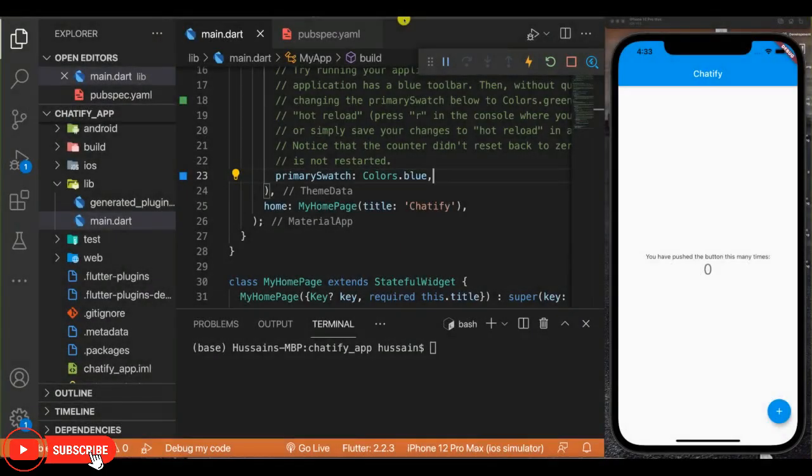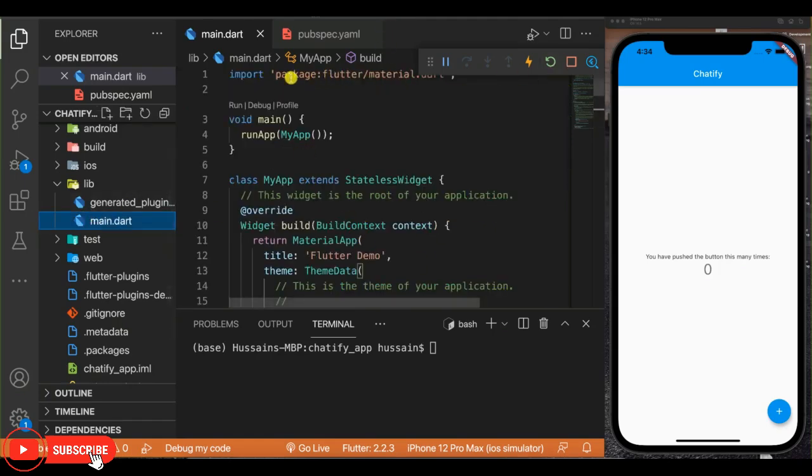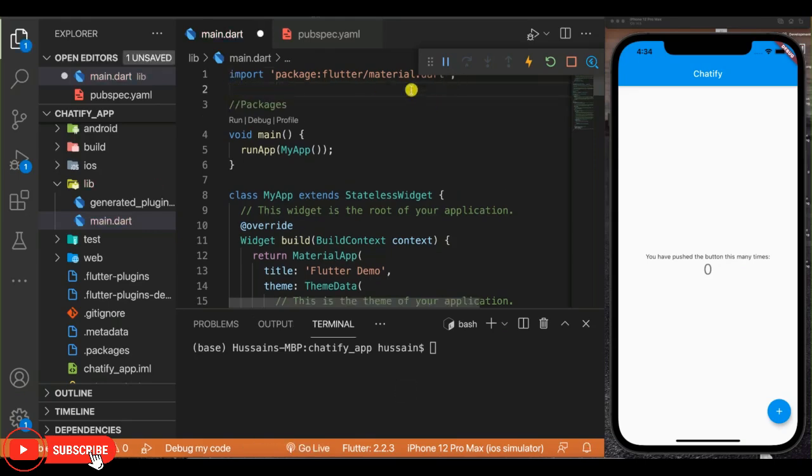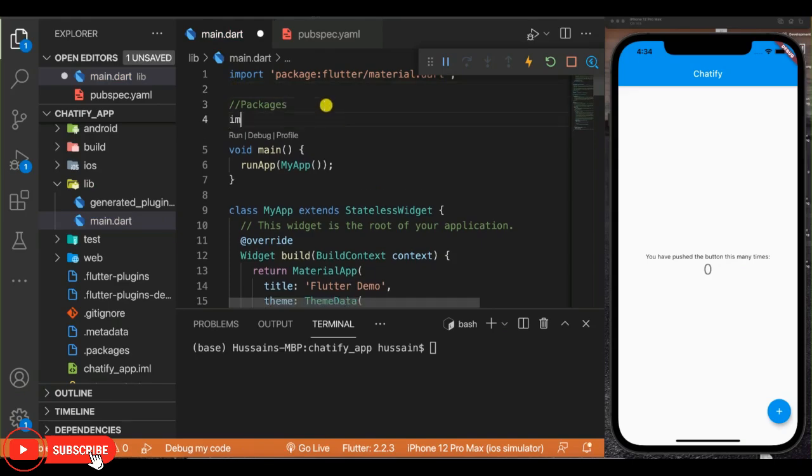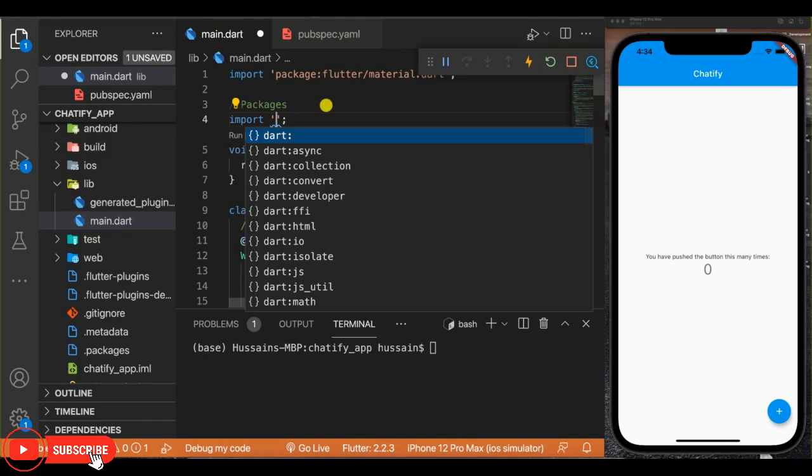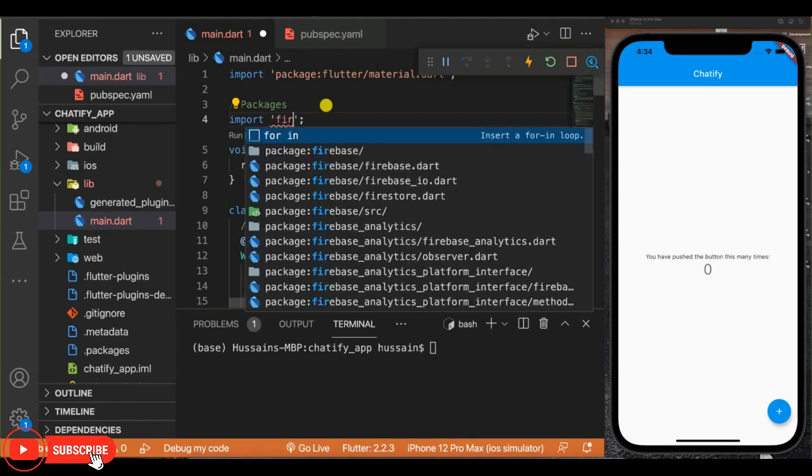Hello everybody, welcome back. So as you can see, the application has loaded up successfully and it's actually working. The final step that I'd like to do is go to my main.dart file, and then to the top where we import the material package, I am going to add a comment saying that I am importing packages here. And then from here, I'm going to import my Flutter Analytics package. So that is going to be called Firebase